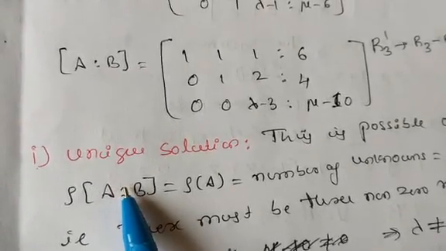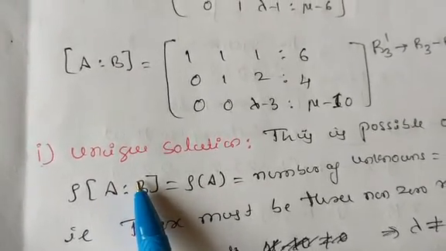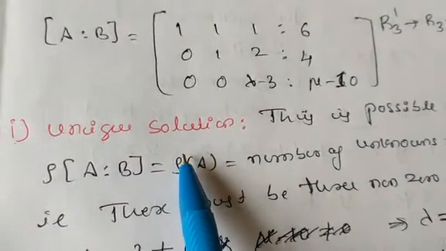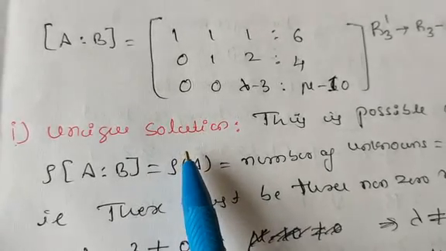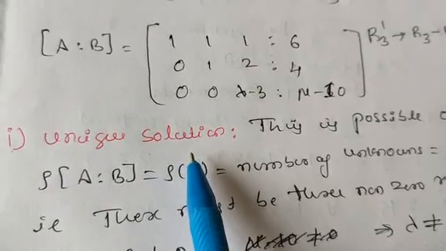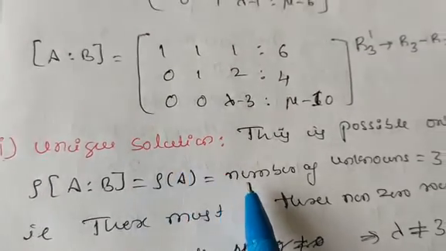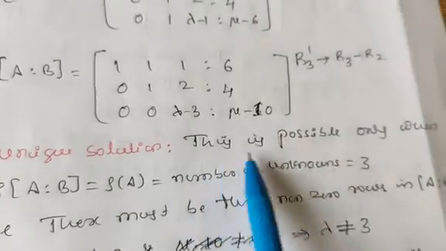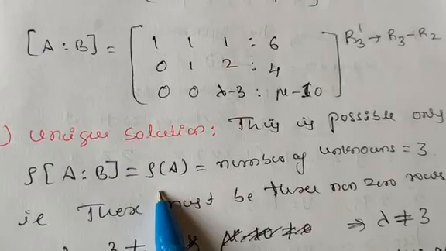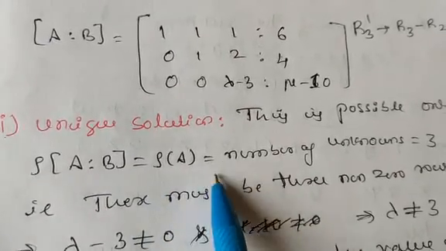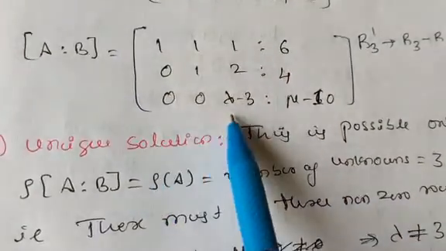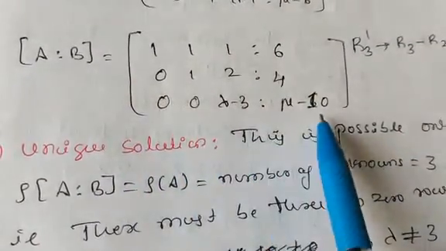The question is, you have to find the condition for unique solution, infinite solutions and no solution. So first is the unique solution. Unique solution means the first point is to get a solution: rank of AB and rank of A both are equal, and equal to the number of unknowns here. This is possible only when rank of AB is equal to rank of A, then only it has a solution. So for a unique solution this must be equal to the number of unknowns, means rank of A should be 3 and rank of AB is also 3.